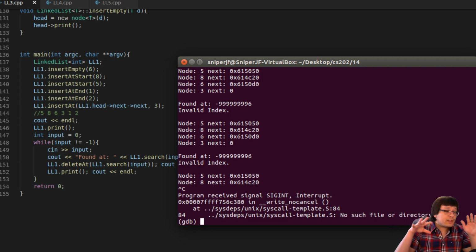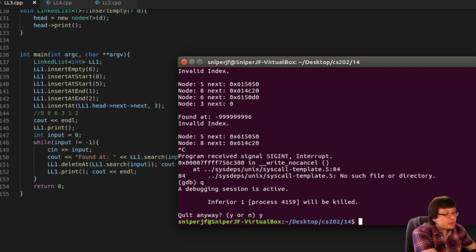Yes, all of the stuff that I'm showing you with the terminal, you can do with an actual proper IDE, like Visual Studio or Eclipse or Code Blocks or NetBeans or whatever the Mac one's called, Xcode. There's so many IDEs and they all have the concepts of this. Like for example, this one,